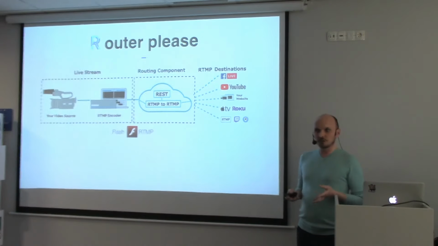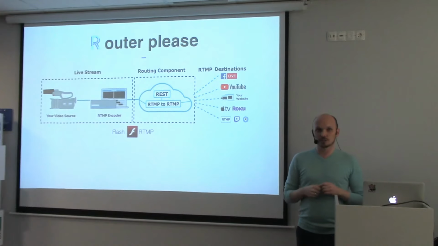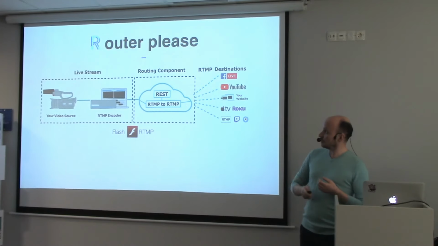There's a bunch of encoders. You can really choose how you want to stream into your destination. Then there's a whole variety of destinations. And the software in the middle was supposed to be doing so-called routing: getting one stream and then splitting it into different destinations, still maintaining its quality and doing it in a very high performance manner. So you might think that the first thing that did not work was audio video synchronization,